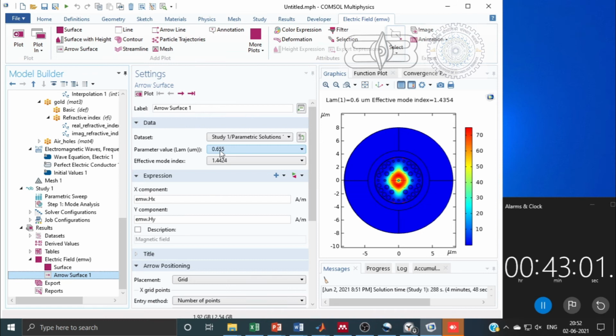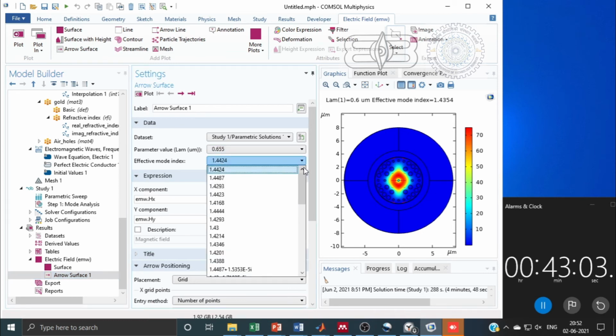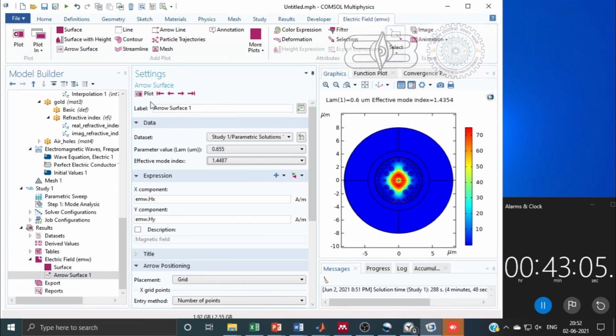So like at 1.4487, similarly at 1.4487 in arrow surface also, when we click on plot, we can see it in the Y direction, but here we have to change the X component, Y component electric field, and then we will plot it.